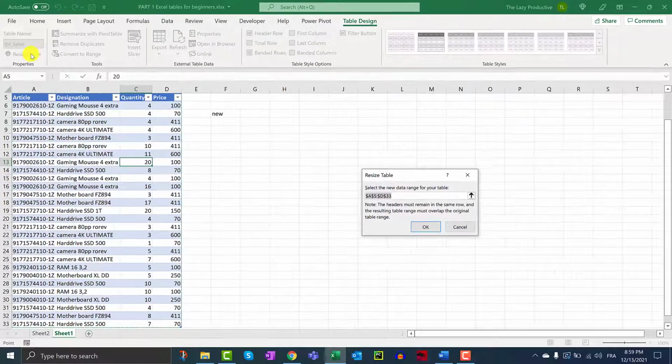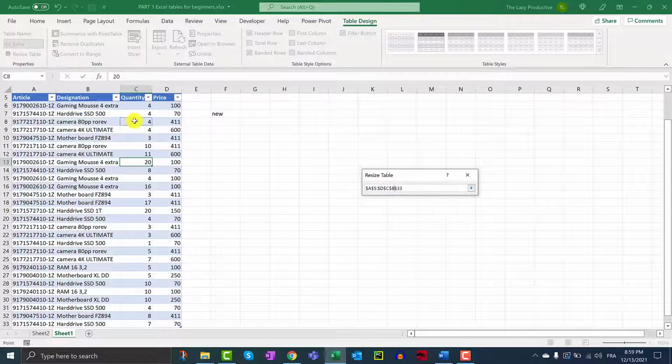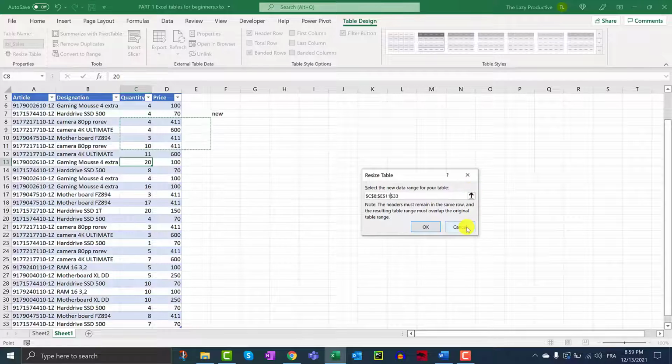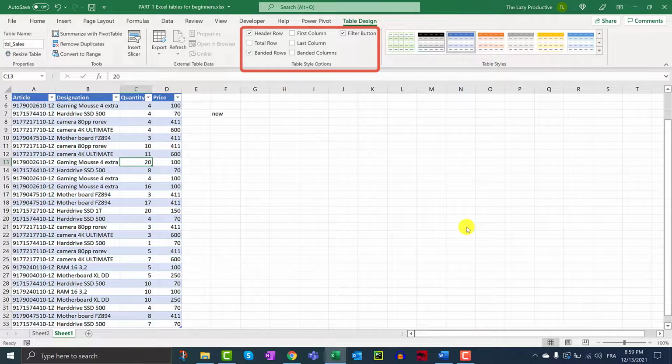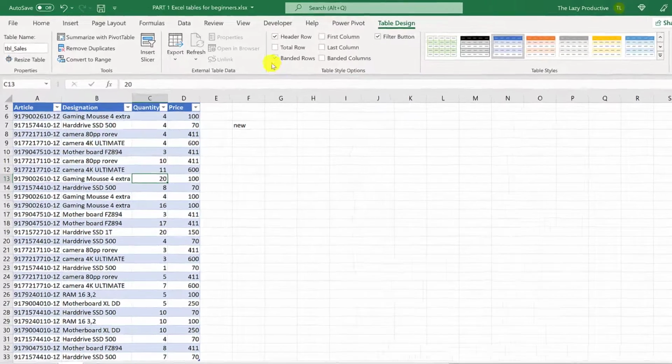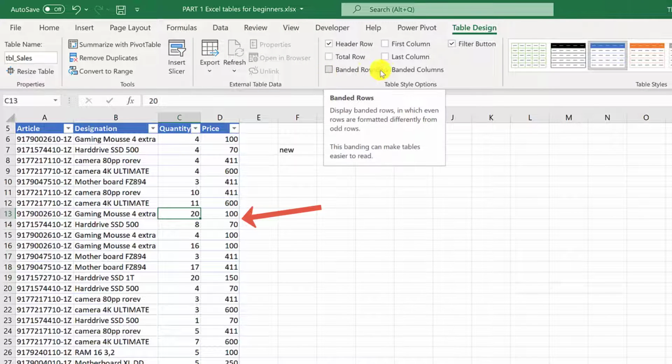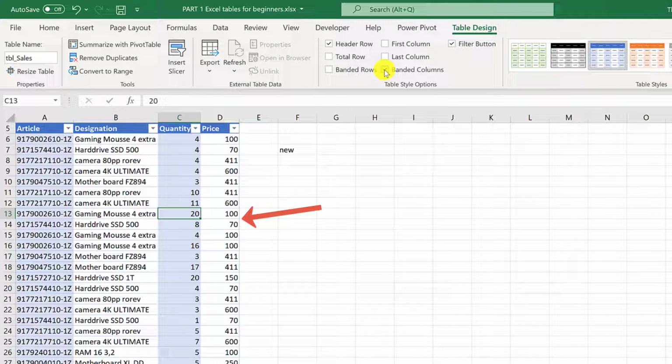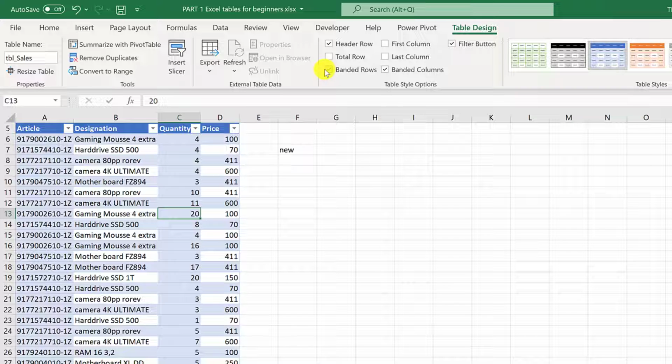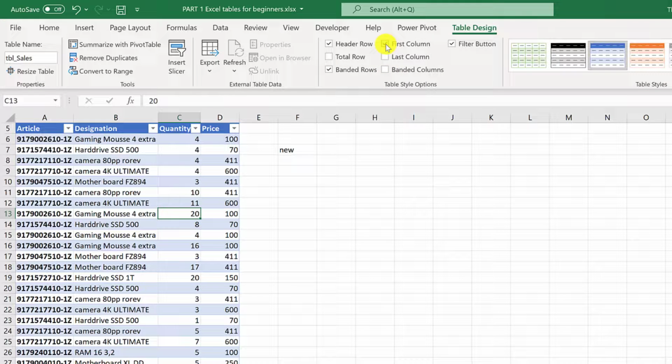With this button, you can resize your table by modifying your range or selecting a new one. Well, I think that this feature is not very useful, but it's there. Next, we'll go directly to the Table Style Options group. Here you can take out the banded rows and add the banded columns, or even a combination of both. Notice that the table style options change accordingly. You can also make the first and the last column stand out, but the most useful one in here is